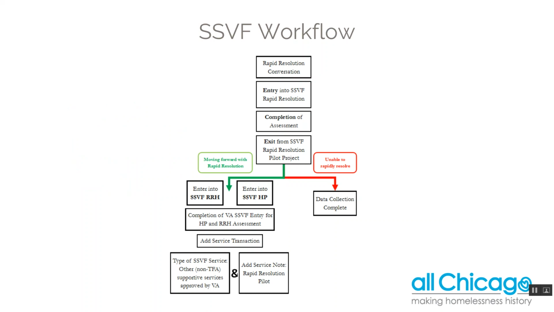As you can see here, you'll essentially be talking with the client first off. So Rapid Resolution, the purpose of that is to attempt to get the client resolved in a way where they won't have to touch the homelessness system. We want to be able to resolve the client's issues in any possible way that we can. So we are looking to engage them in a way that would prevent them from having to enter into the homelessness system. So once we have the conversation with the client,